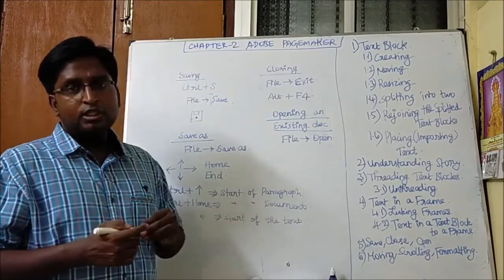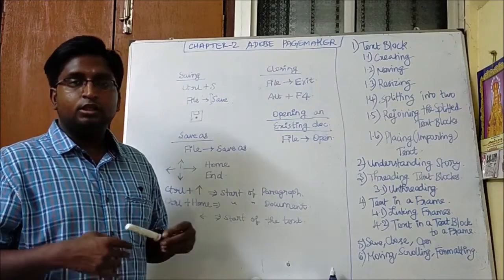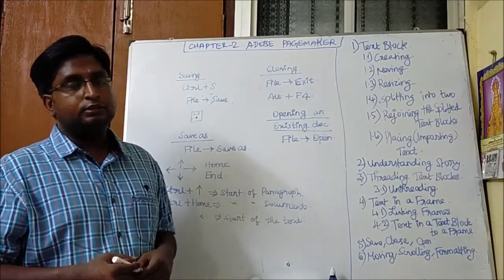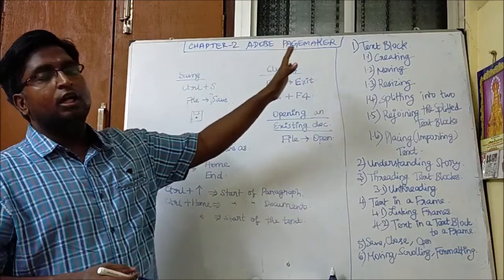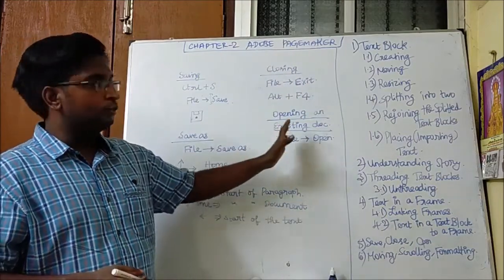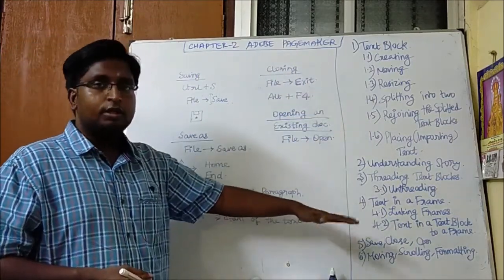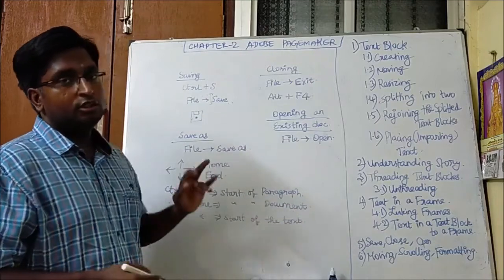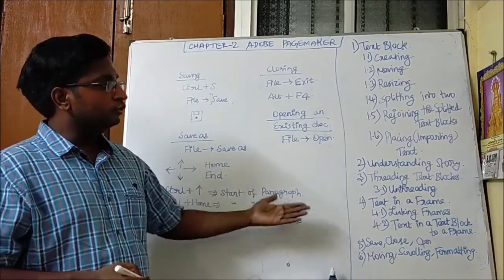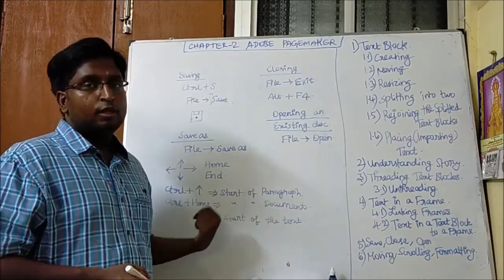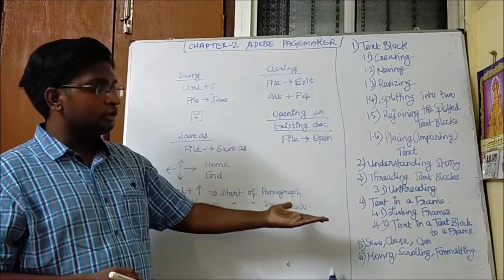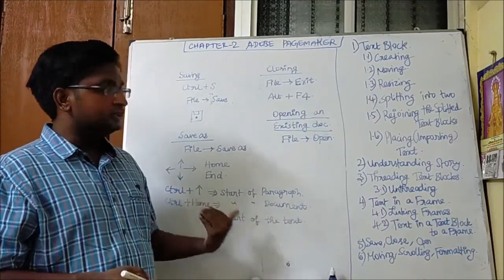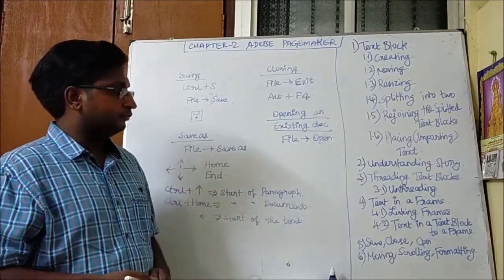Next one is scrolling the document. There are two scroll bars, as you have seen. One is the vertical scroll bar and another is the horizontal scroll bar. You can scroll the document using the scroll bars.